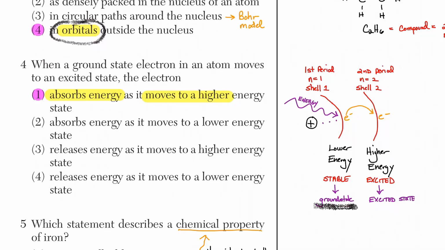You're grounded. Now, if it moves to an excited state, what happened? Well, excited state means you have higher energy because these electrons can exist farther away from the positive because they have the energy to pull away. And therefore, they have higher energy. So we're going to go from a low energy state that's closer to the nucleus to a higher energy state. This is the opposite of what we just had in the previous test. So you're going to have to absorb energy to pull away from those positives to move to a higher energy